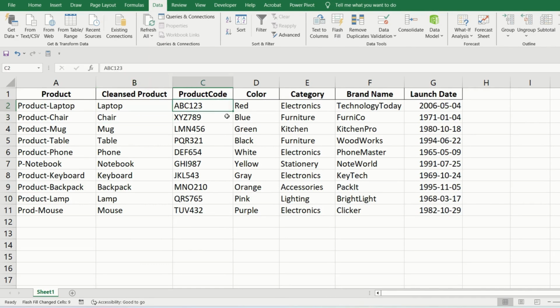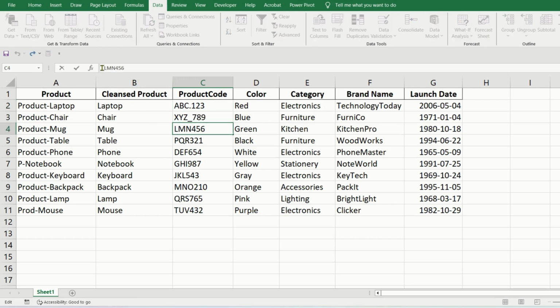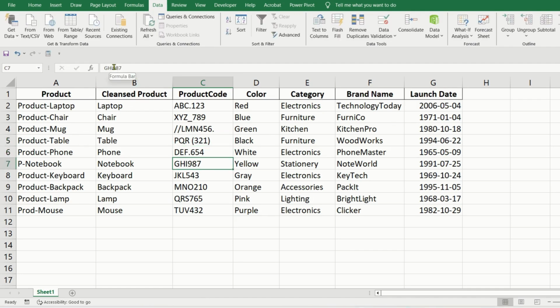Next, we have the product code. Now, this product code had a lot of issues and inconsistencies. For example, something like this. Just to give an idea and take some examples of the inconsistencies that could arise.